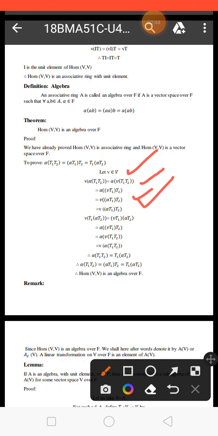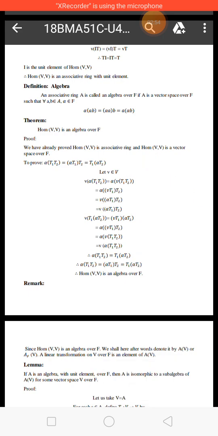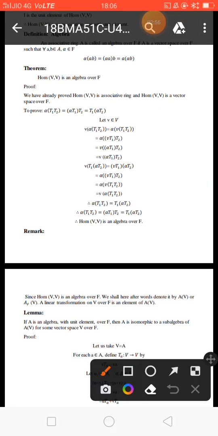(αv)(T1T2), which equals v(αT1)T2. You can interchange the brackets here, and this is the same as before. So Hom(V, V) is an algebra over F. Okay, this is also not an important question, it will not come in your exam. Okay,